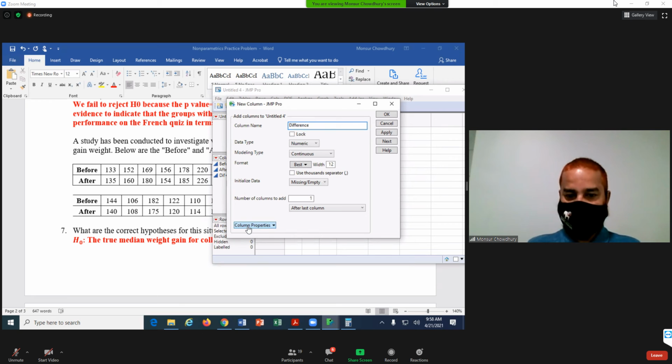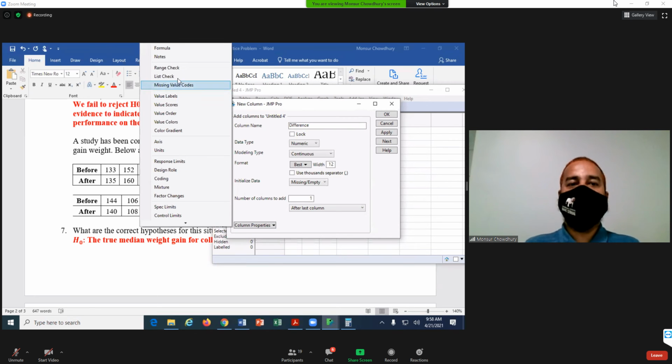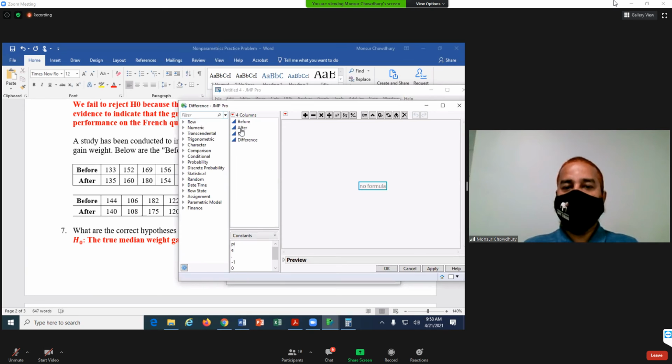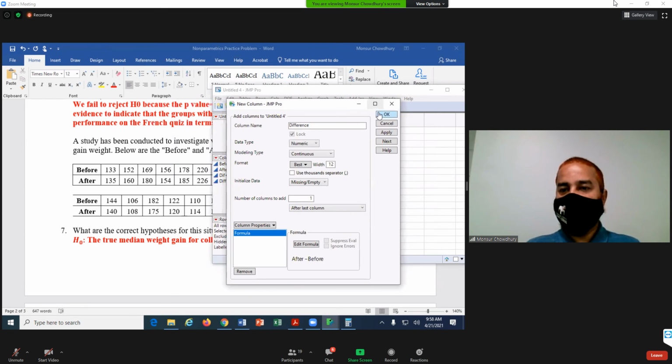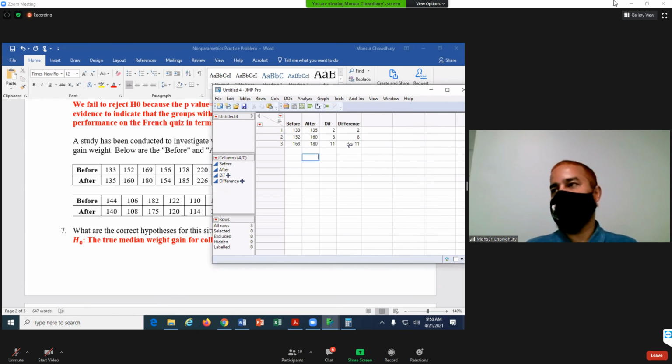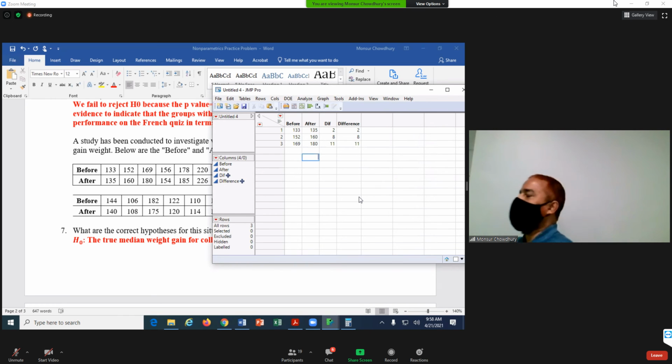Column properties, select the formulas, then you select the after from the top here, subtract before, then click OK here, then click OK here, and you can see this column. So this is how you can get the difference column and then you can use the difference column. So either way is fine.